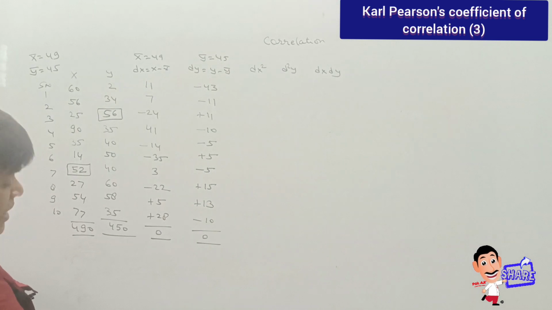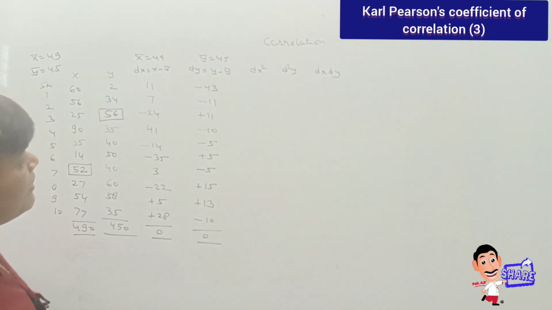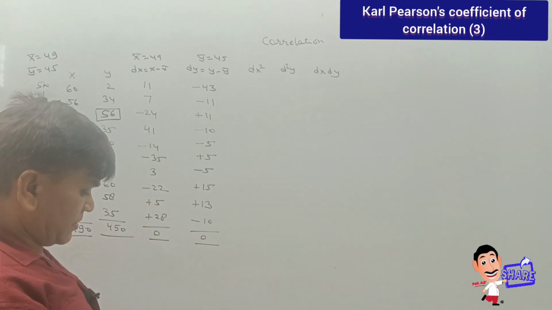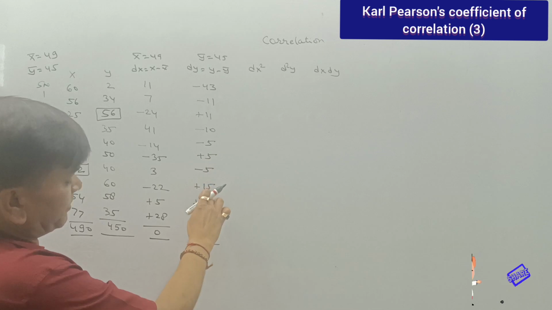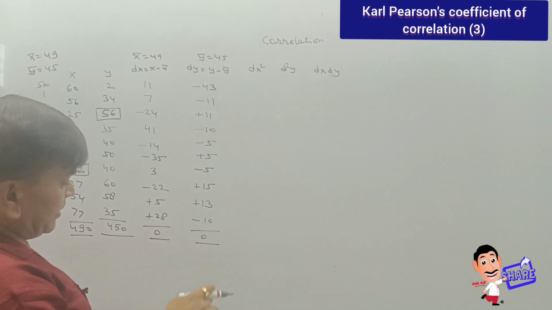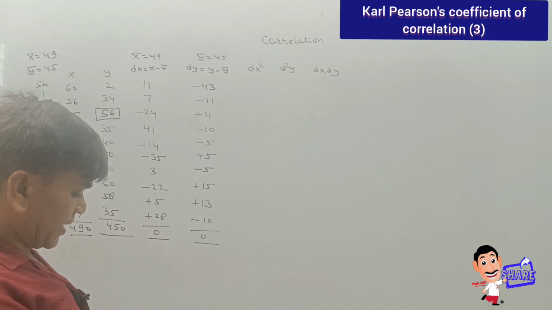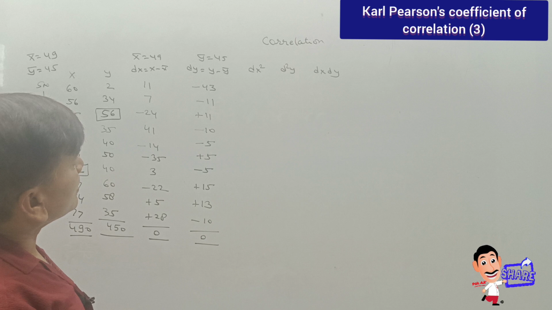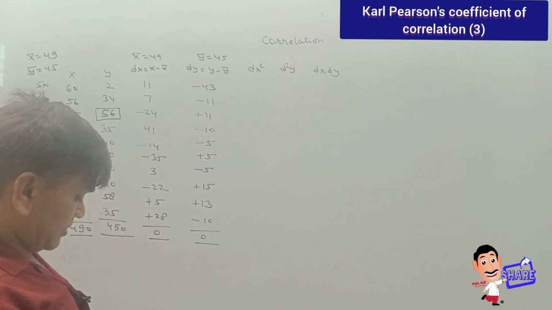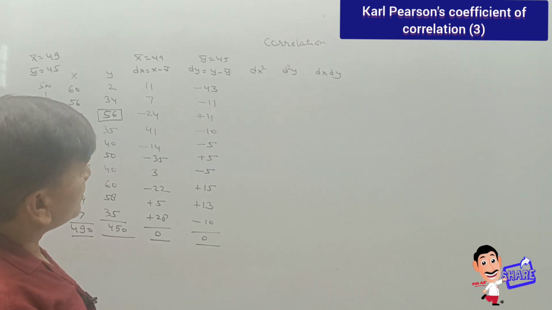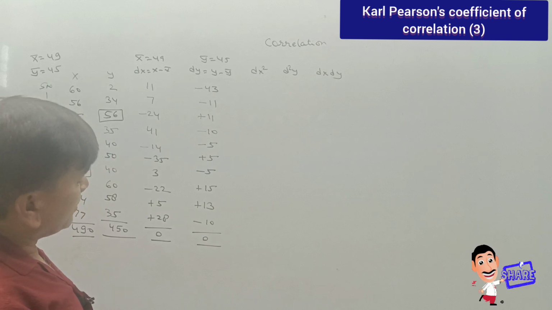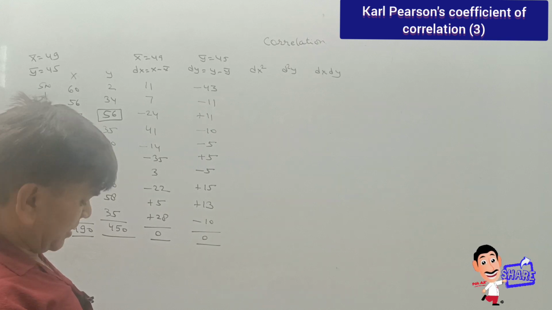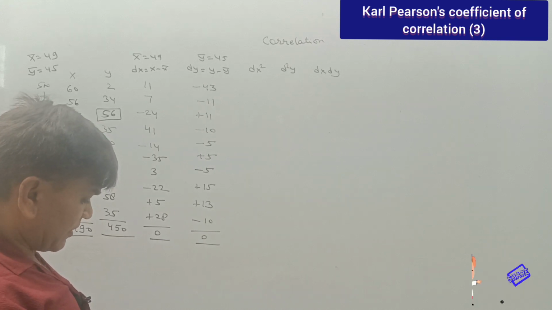Okay. Next, 43 is minus value, 11 cancel, 15 minus value, 5 to 5 cancel, 15 plus value cancel, 13 plus value and 10 is minus value. So the result, again check: 43 is minus value, 11 is minus value, 11 then plus value, then 15 minus value, then 5 plus value, 5 minus value, 15 plus value, 13 plus value, 10 minus value.